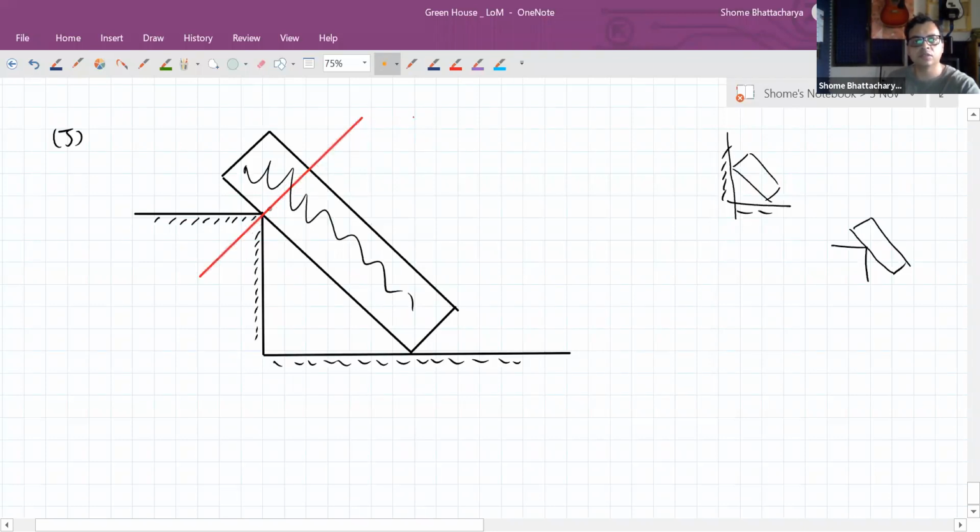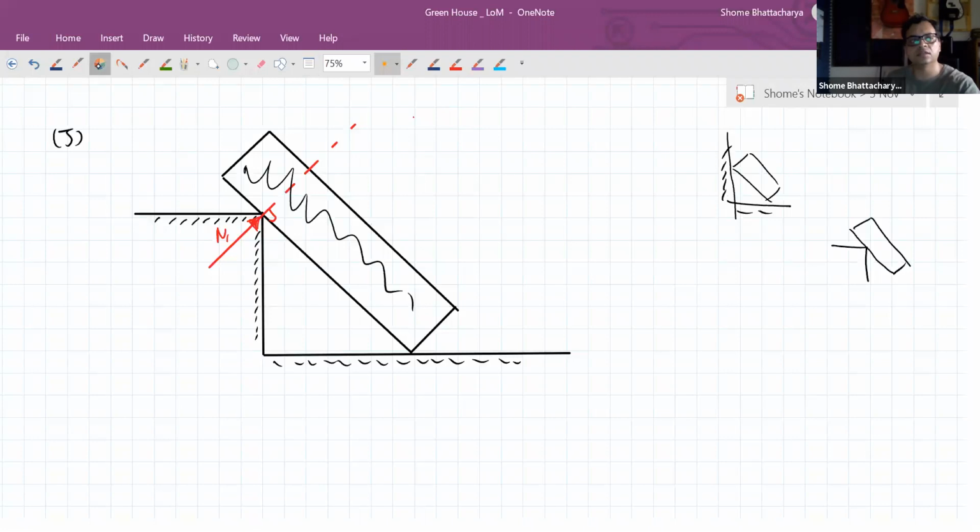This is the perpendicular line. So this is how this normal reaction will be acting. So let's say this is N1. Whereas the normal reaction that will be acting at the other corner point,